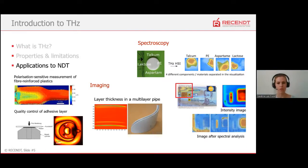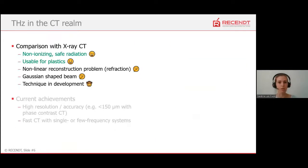So these were some applications, and especially seeing the property that you can see through objects, it's actually quite natural to think that another application could be computed tomography. Computed tomography is known from X-ray, where it's already a rather well-established technique. And if we compare terahertz to X-ray, we can see a few aspects where terahertz could be a nice alternative